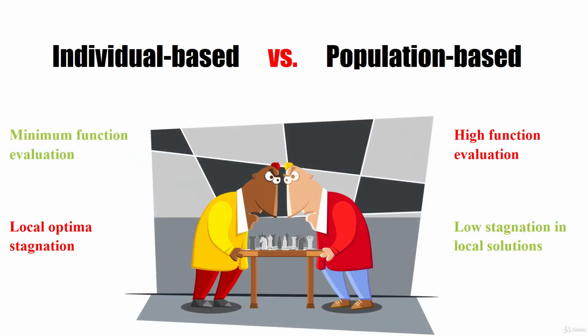The advantage of individual based algorithms is the need for the minimum number of function evaluations. The number of function evaluations is equal to the number of iterations. However, such techniques suffer from local optimal stagnation or premature convergence. This is because a single solution is very likely to be trapped in local solutions. And if you remember, in the last video, I showed you that there are a lot of local solutions when